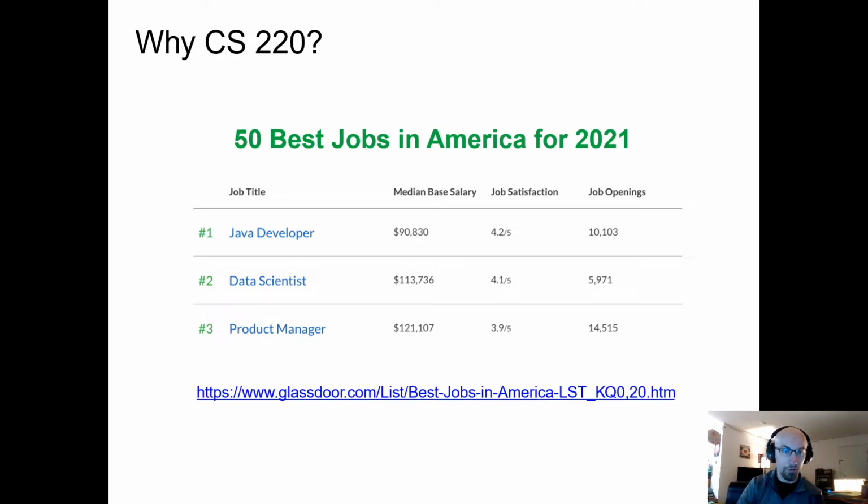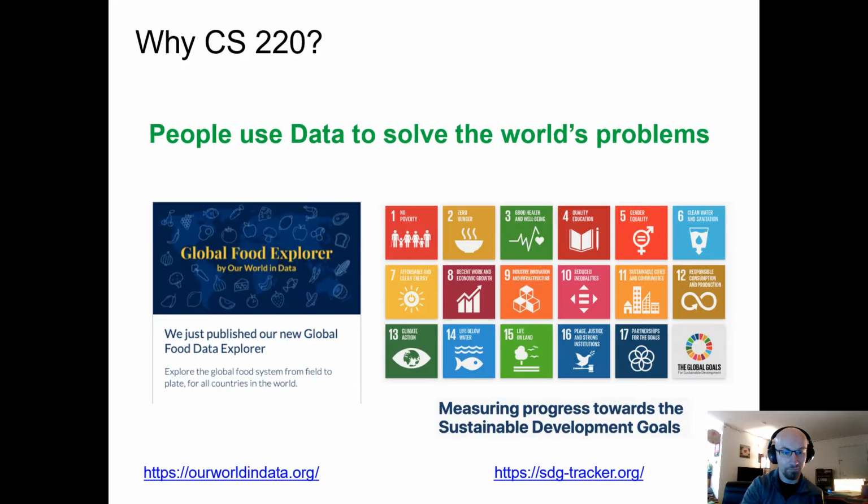Beyond all of this, if you're looking for more reasons why to become a data scientist, it pays well. That's always a good perk of a job. And, you know, this is from Glassdoor, so take it as you will. It says Java developers are happy people, right? Whether that's true or not, that's up to you to decide. But I can tell you for sure, data science is a well-paying field.